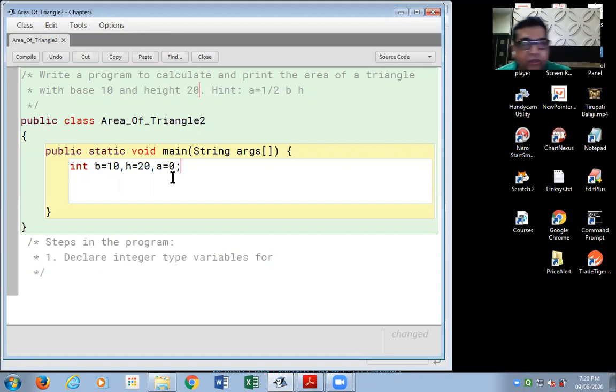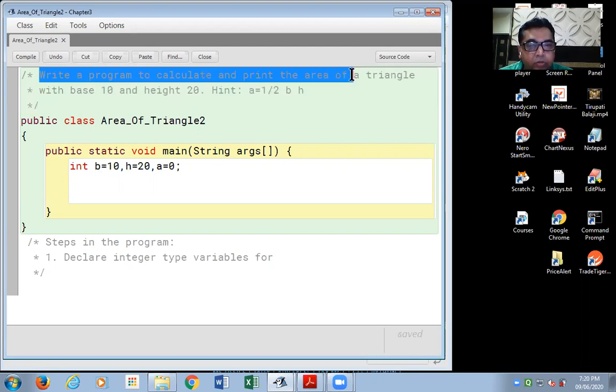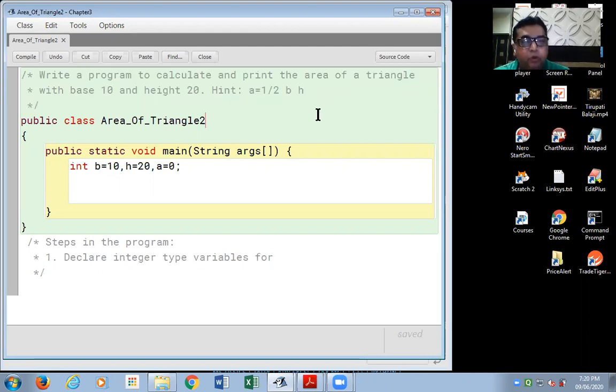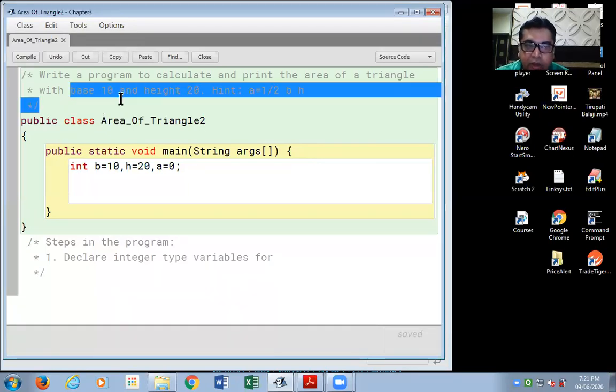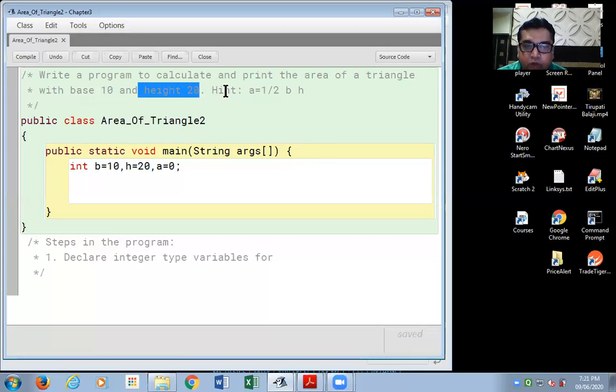As such, you already have the answer, but looking at the question, tell me, how many variables do we need in this program? How many variables do we need in this program, please? Yes, 3. One to keep the value for base, next to keep the value of height, and third to keep the value for area. So what I'm trying to tell you is, this is how you're going to identify how many variables we need. This is how you're going to identify what should be the type of the variable.